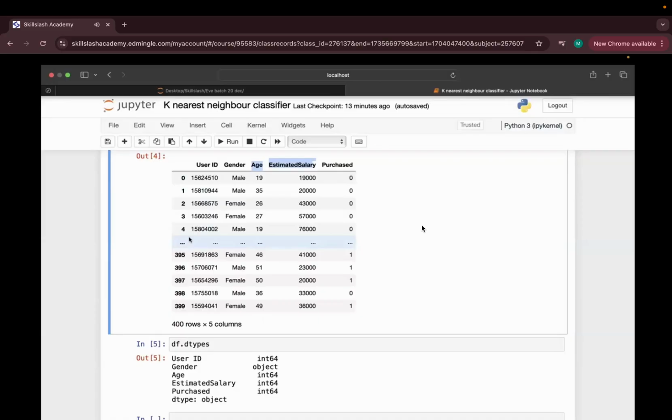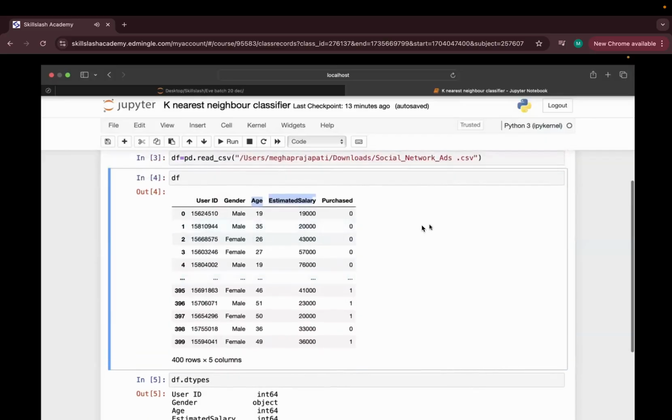No. Suppose if I ask you, what is it all about, guys, when we say social network ads? Some days ago, if you guys remember, we were talking about the binomial distribution, right? In that case, we were talking about CTR, click-through rate, right? It's the same thing.